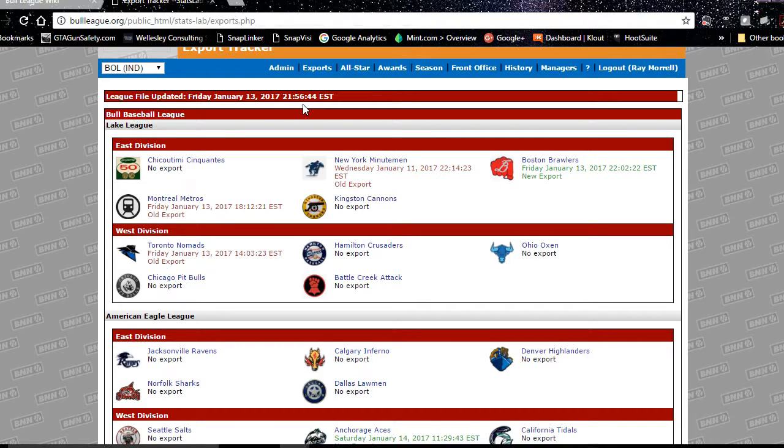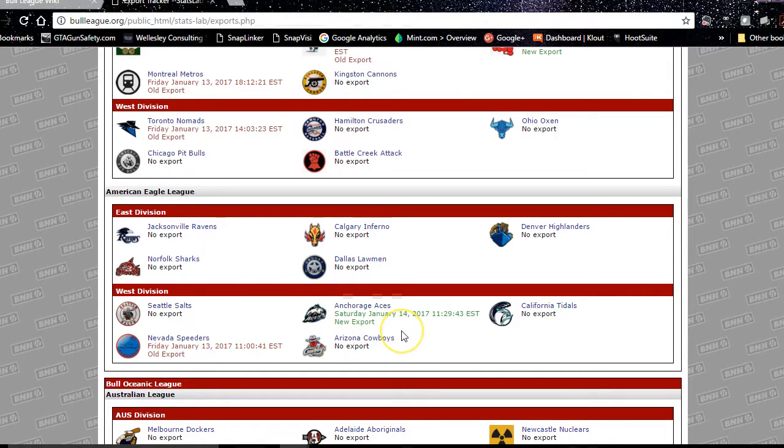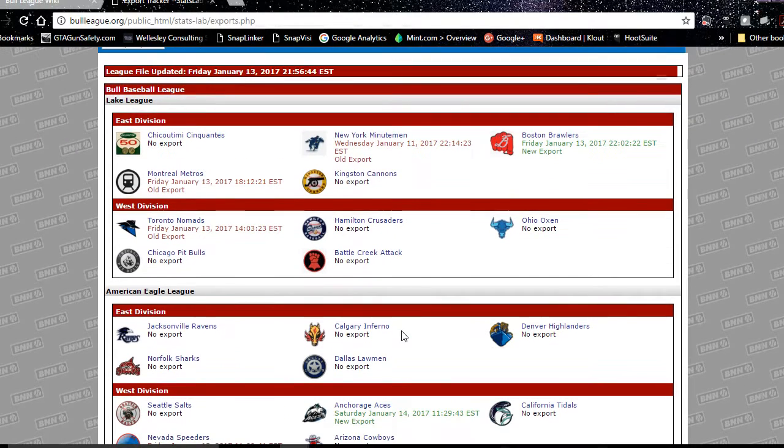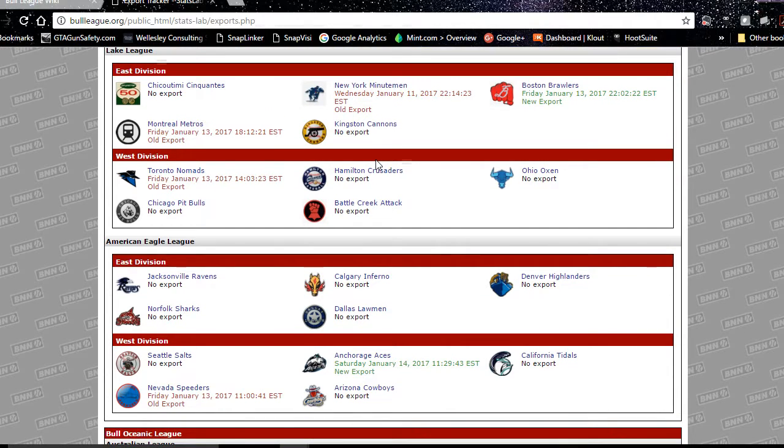relying on the website. So as we can see currently, the Boston Brawlers have done a new export, and some of the other teams here, Anchorage, the Anchorage Aces have done a new export. You see the old exports are in red, so New York Minutemen, Montreal Metros, Toronto Nomads, my team. Most of the other teams have not sent an update. And where you see no export, the team is not exported at all. This is the case for the AI-controlled teams and also any of the teams that haven't updated since we started this season, which was